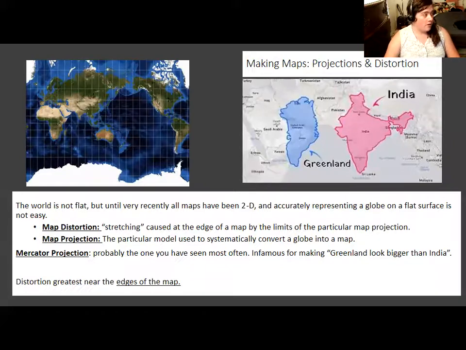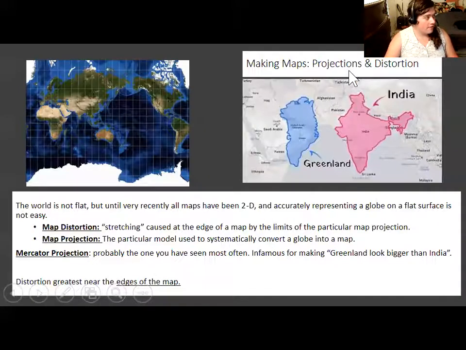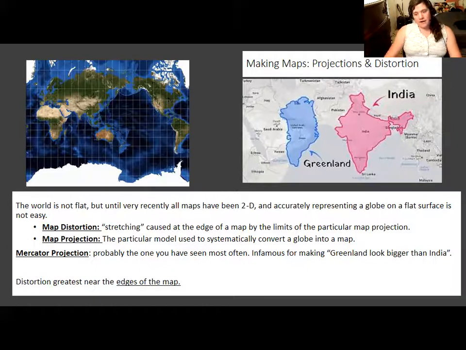Topographic maps are not the only type of maps we deal with, though. People usually think of a map as showing where countries and continents are. And in Antarctica, there's no countries, obviously, but we use maps to show features and get around. Now, maps are difficult in that they are an artificial construction. You are turning a 3D globe into a 2D image. And this means that the image gets distorted, especially near the poles.